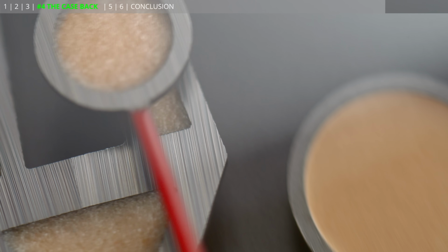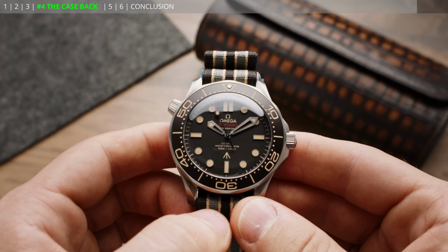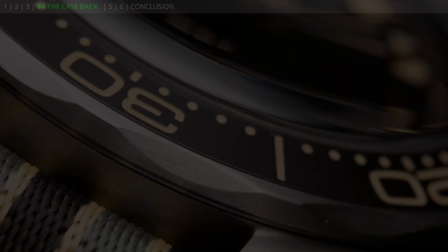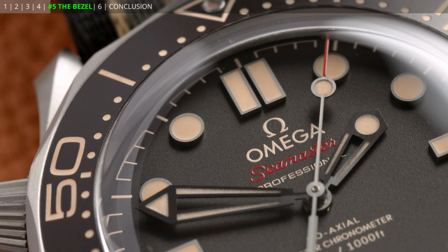And I think it is pretty cool that Omega went and got the permission from the British government to use all these identification marks, even though James Bond is just a fictional character, and it's even cooler that the British government agreed to it. Anyways, let's continue with point number 5, which is a very important difference to the regular